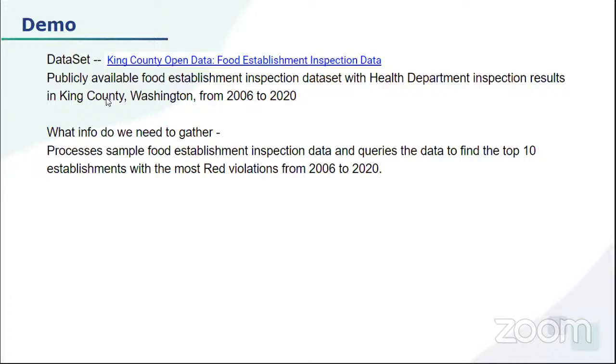Basically, they want to analyze food vendors like restaurants and other vendors to check whether they are violating regulatory requirements or not. So we want to find out the top 10 establishments with the most red violations from 2006 to 2020.